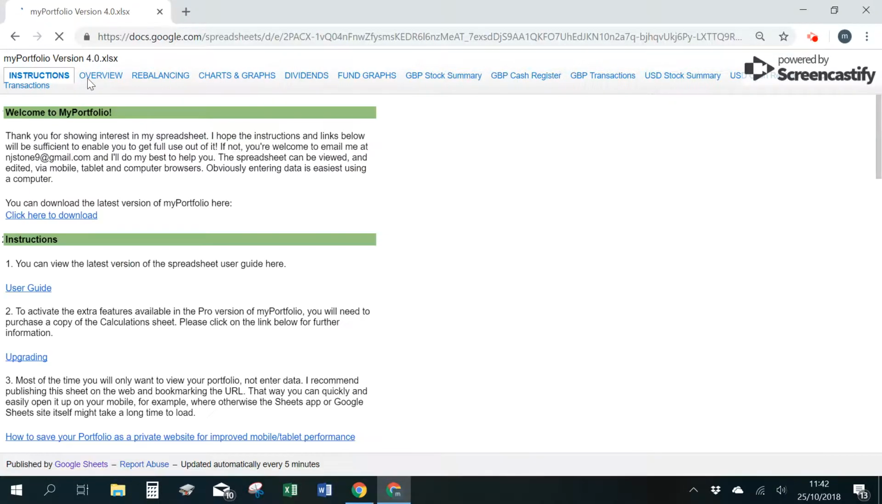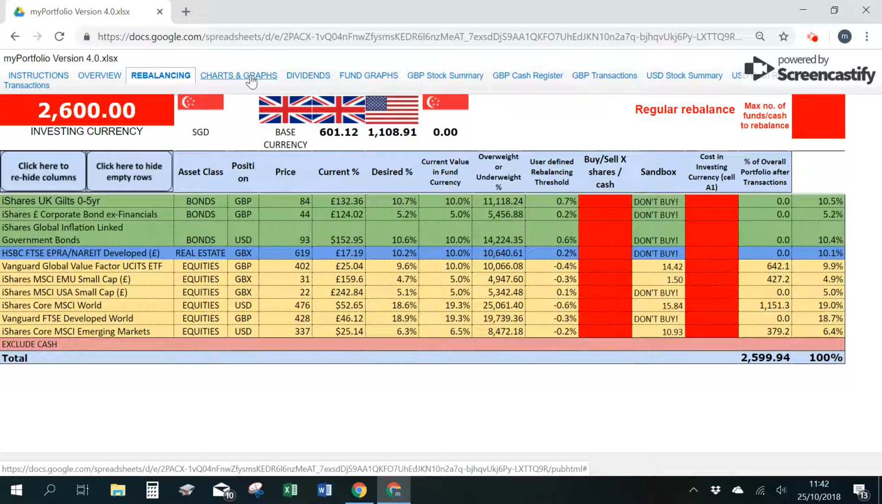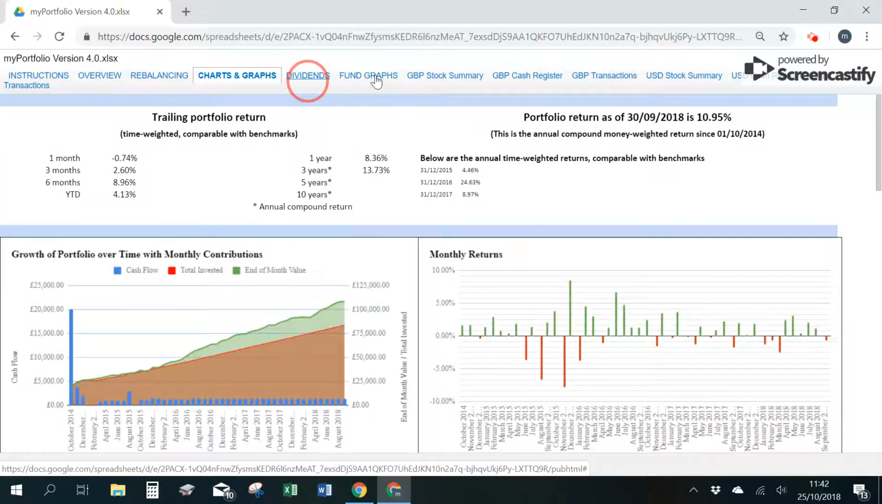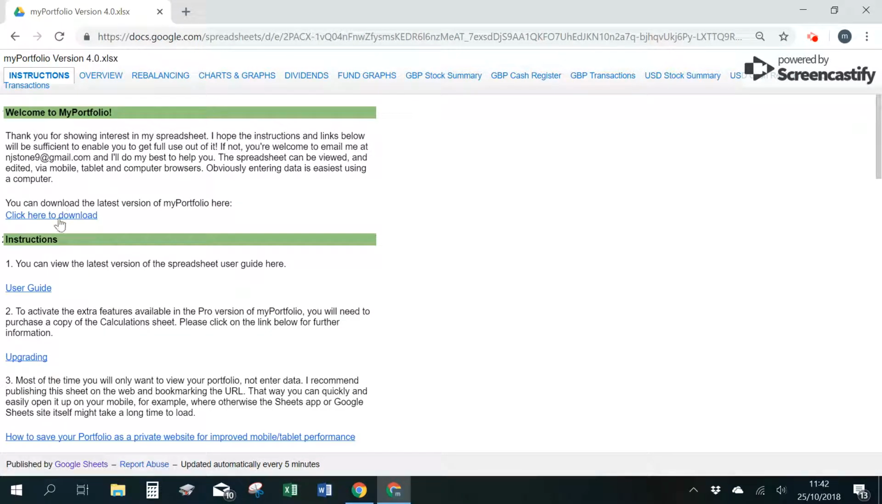Okay. For example, we have the overview page. Okay, it's just deciding not to load one. There we go. And rebalancing. Okay, so you've got all the different parts of the spreadsheet there, but you need to make a copy of it. And to do that, you need to go to the instructions tab and then click on